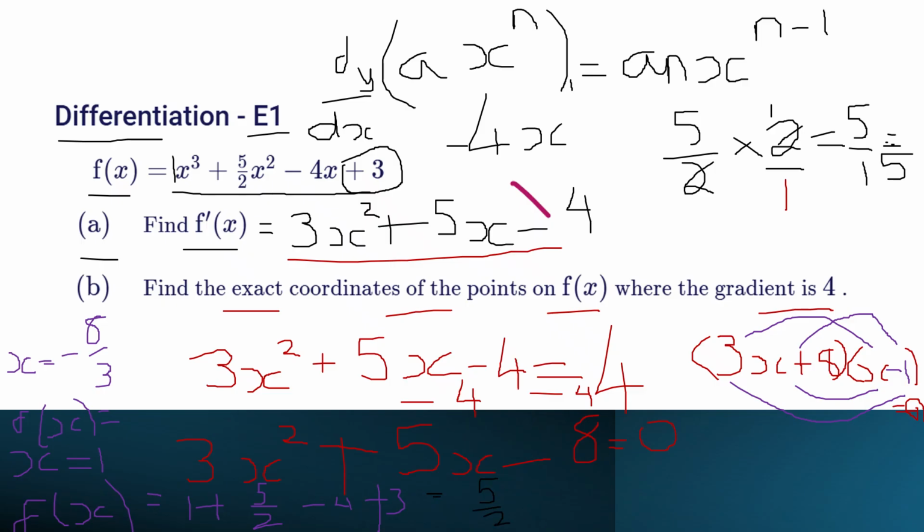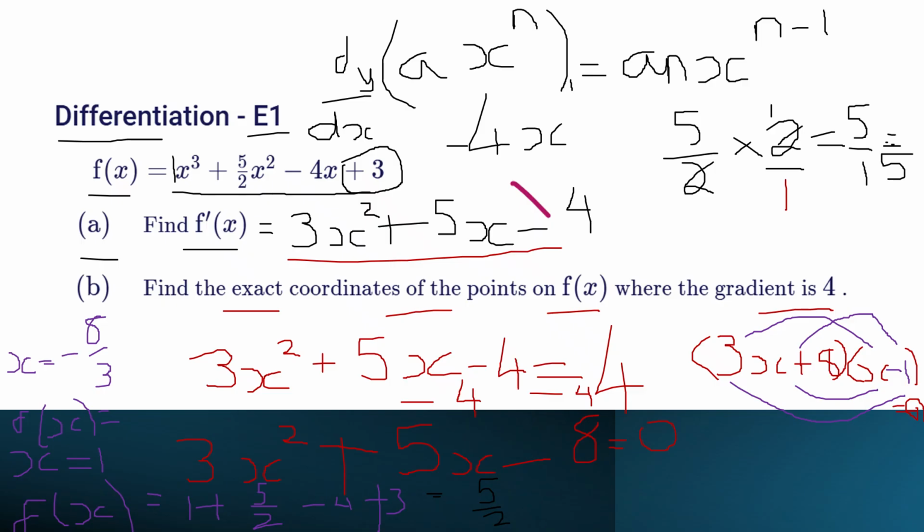And then this one, we're going to have minus 8/3 all cubed. Okay, so I'm going to try and do this here on my calculator. So I'm going to have minus 8/3 all cubed plus 5 halves brackets 8/3 squared, or minus 8/3 squared. Obviously, if you square a negative it becomes positive, so it doesn't really matter here if you put in positive. And then minus 4 lots of minus